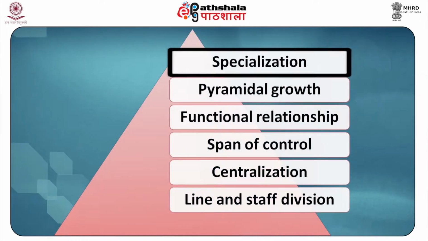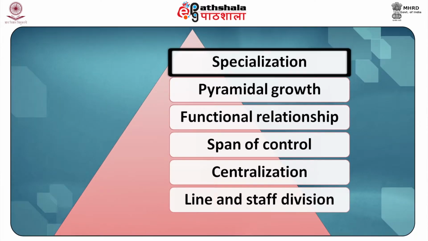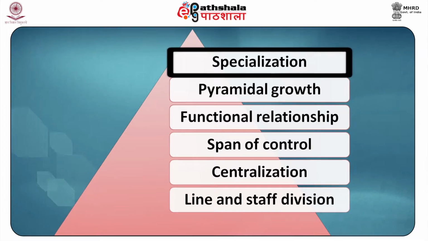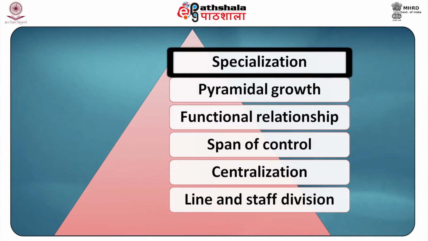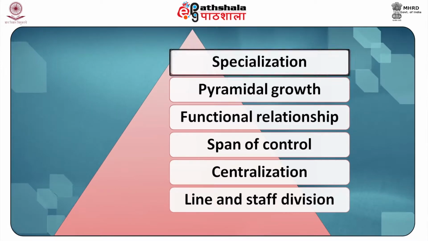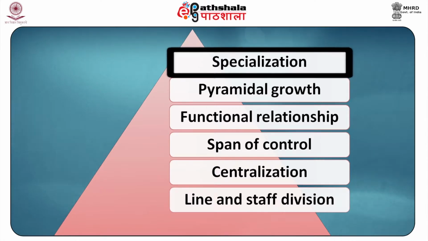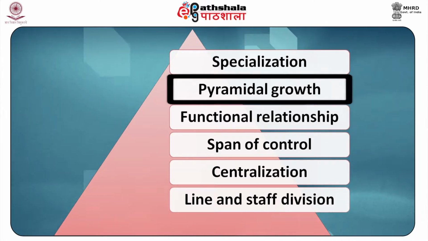The first characteristic is specialization. In functional form, related skills and jobs are bundled together as one function. Similar and related occupational specialities are grouped together under one functional head or a department. Hence, every person in an organization is oriented towards a specific task or an activity. For example, all activities related with marketing and sales of a product are put together under one department called the marketing head. The other characteristic of a functional structure is pyramidal growth.